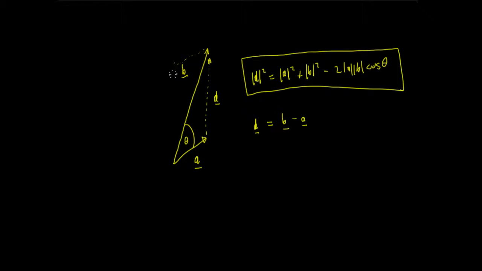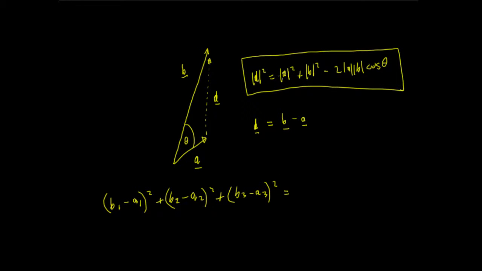Now I won't go through every bit of the maths, I'll leave some of it up to yourself to finish off the details because it's quite straightforward. If I write the components of that vector, we have B1 minus A1 squared plus B2 minus A2 squared plus B3 minus A3 squared. That's the length of vector D squared, and we're saying that